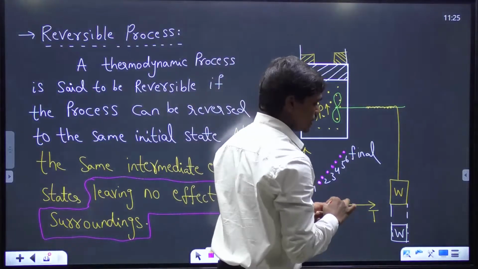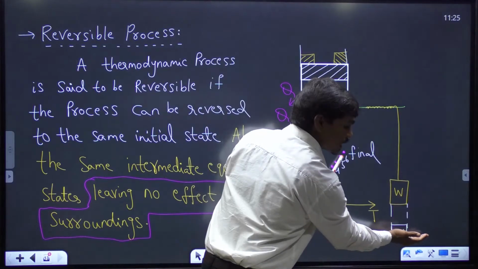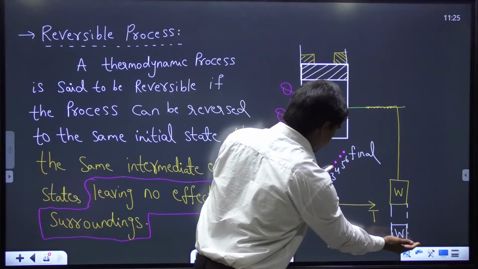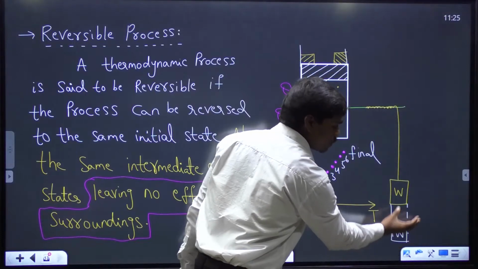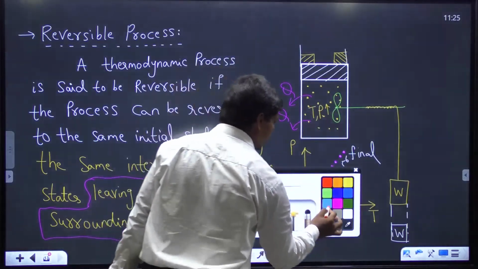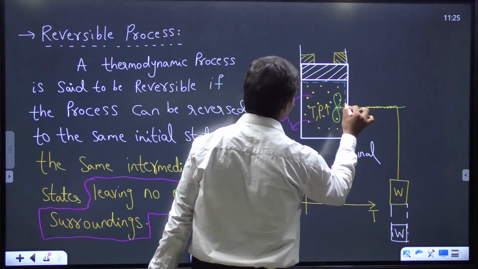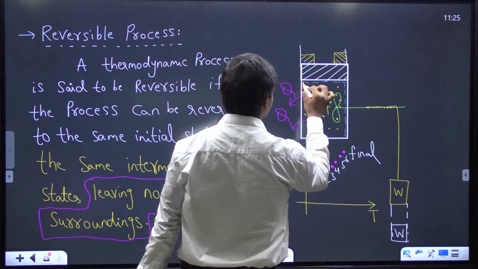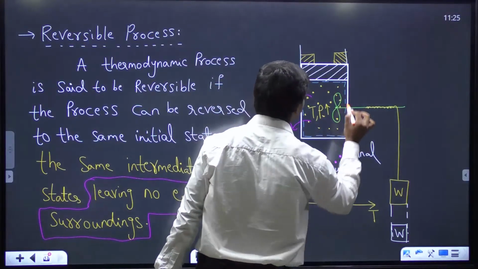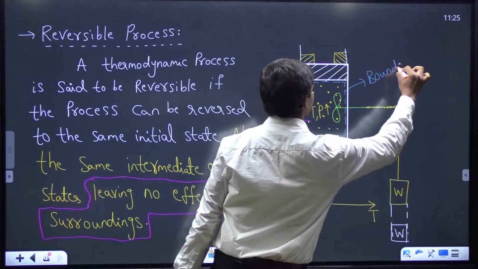Means if you see clearly, this weight which is initially here got displaced here when the piston pressure and temperature are rising. But when heat is coming out and these gas molecules are again tracing back the same path, this weight won't go up again. Correct? Means if you take this gas inside here as the system, and this blue line as the boundary,